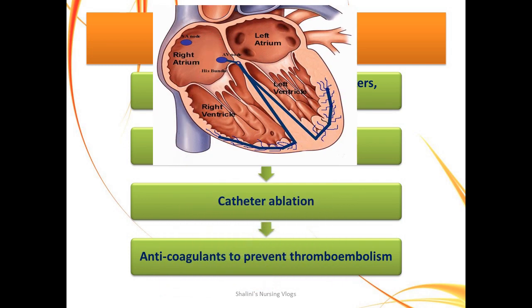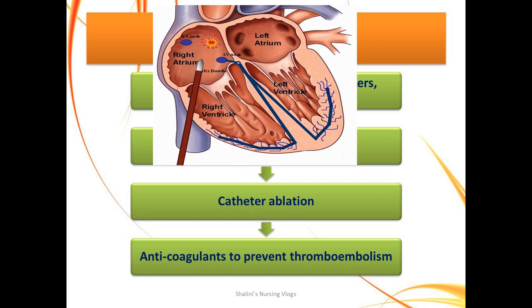Next you can think of catheter ablation. I have told you, probably it's not the SA node that is generating an impulse. It is some ectopic foci which is generating an impulse and which causes fibrillation of the atria. So in this therapy, you guide a catheter through the IVC, or the inferior vena cava, and then you try to ablate or destroy that particular area which is discharging the impulse. So that is catheter ablation.